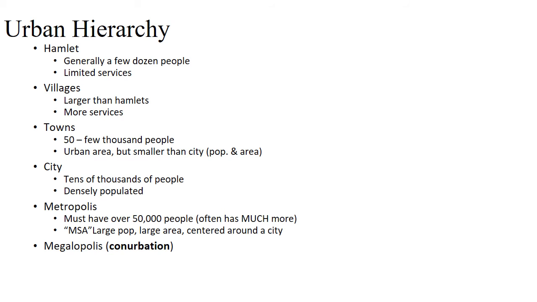A megalopolis, which we'll talk about specifically again in a moment, sometimes called a conurbation, would be when you have several metropolitan areas linked together, several overlapping metropolises or MSAs all connected together, making a megalopolis. The big example, and one of the earliest named examples of a conurbation or a megalopolis, is the area between Boston and Washington, D.C. on the East Coast, called the Boswash Corridor,